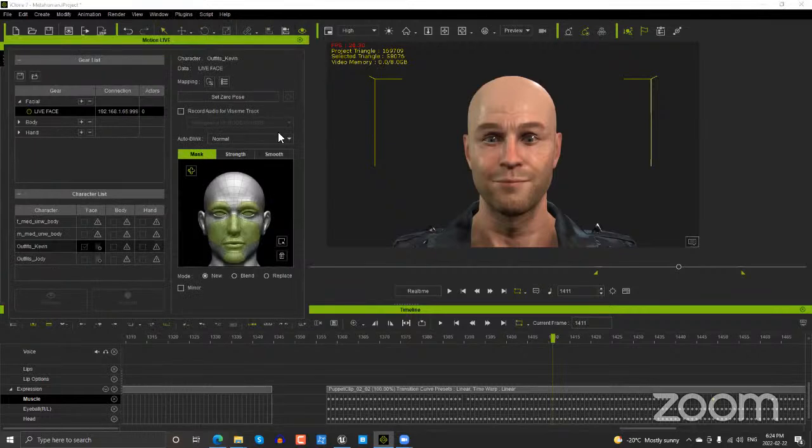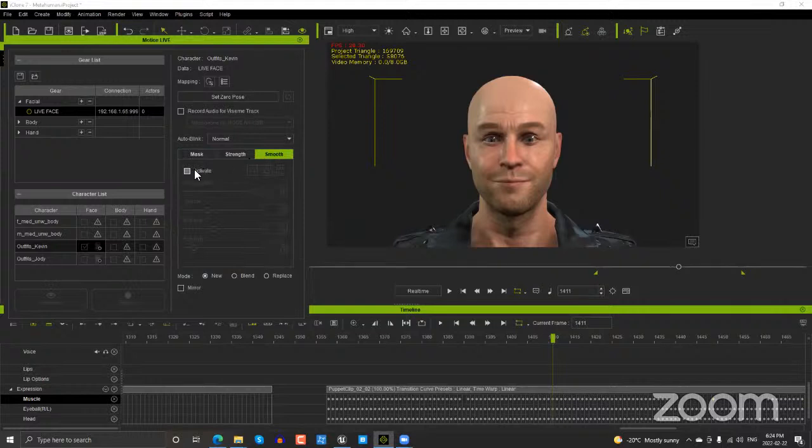And to smooth out jittering on the lips and stuff, you can often go into smooth here. You can activate the smoothing. So if you activate the smoothing and increase the muscle smoothing value right here, that'll often take out a lot of the jitters that you may be experiencing in your face. So you can smooth head rotation, you can smooth all this other stuff. Again, if you smooth it too much, it may seem a little flat. Okay, so just be aware of that. It's kind of a fine balance you have to find